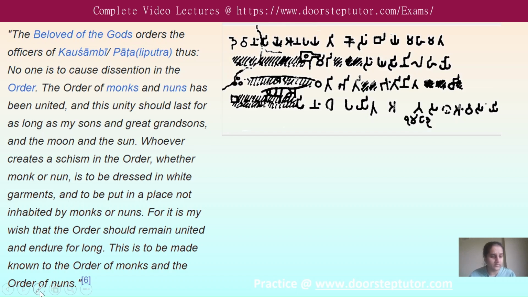So the first one is known as the Schism Edict. The Schism Edict is known for the context that it holds: Ashoka is trying to solve the disputes between the Buddhist communities. Apparently during his time there were a lot of disputes happening, so he is making people aware of the dispute and suggesting solutions to their